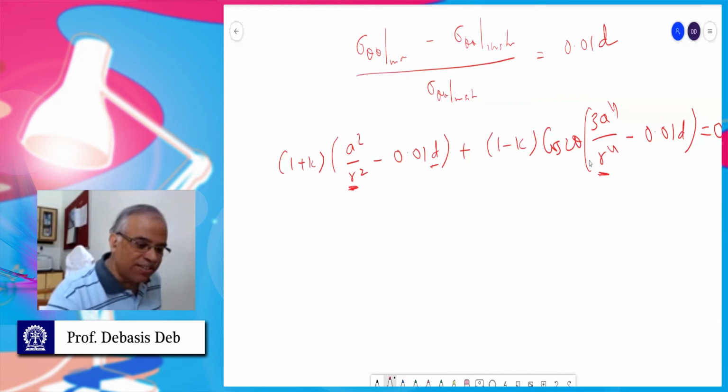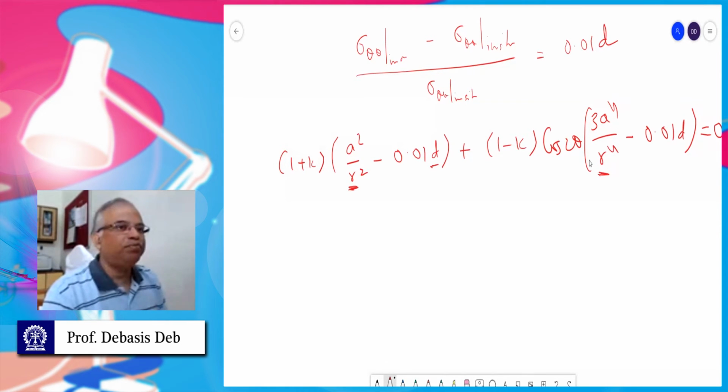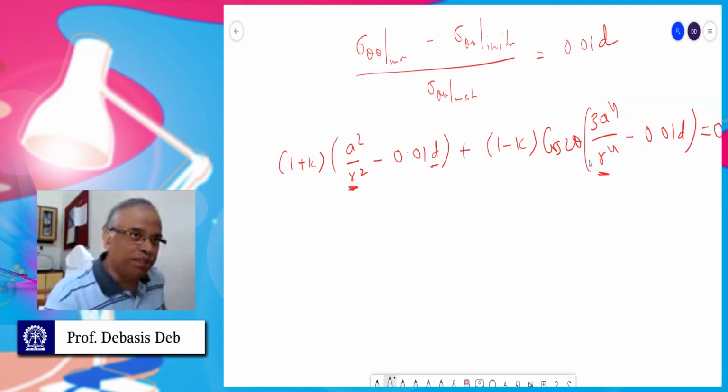Now solving this, you can see it is a highly nonlinear equation. So it's a little tedious. You have to use an iterative method. And do you know any iterative method of solving this? It has already been told in your numerical modeling mathematics class. Can anybody name one method? How do you solve a highly nonlinear equation iteratively? What is the method?